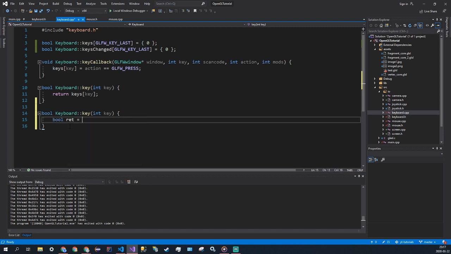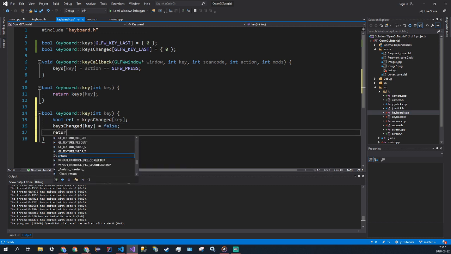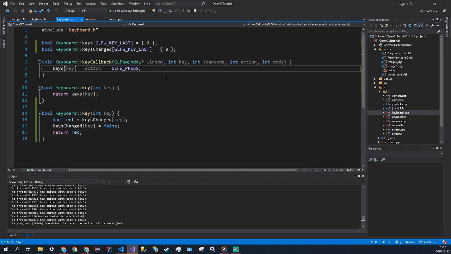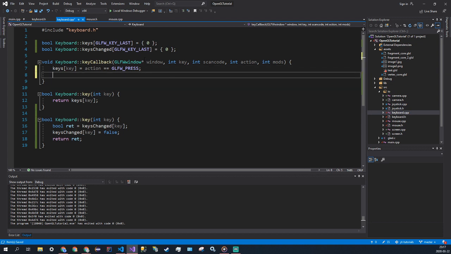bool ret is equal to keys changed at key, and then we want to set keys changed to false, because once we get it, it happened, so we don't want it to return true again. So what we're going to say is keys changed at key is equal to false, and then return ret. Now, you might be wondering, well, when is it going to reset to true? Well, we have to add that in the key callback, and what we're going to say is keys changed at